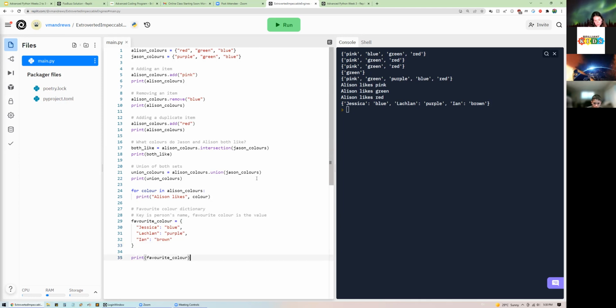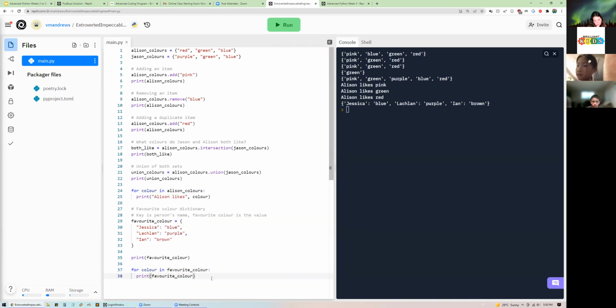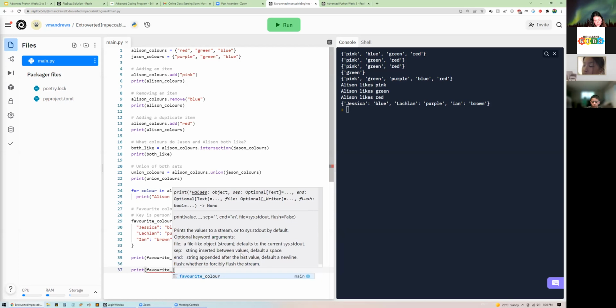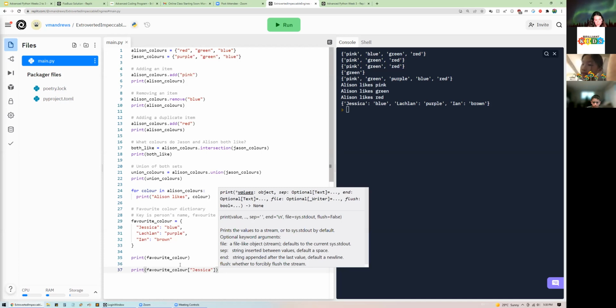As I said, similar to sets and lists, you can also use a for loop over a dictionary. I'll do something a little bit easier first. I'll print favorite_color, Jessica. I really need to type this exactly right. So this will print